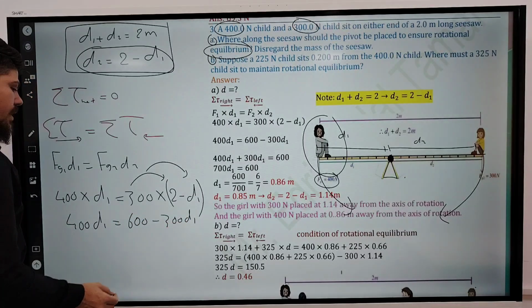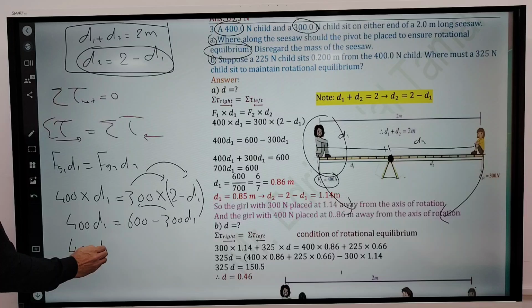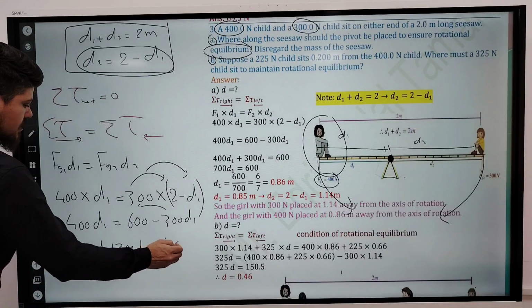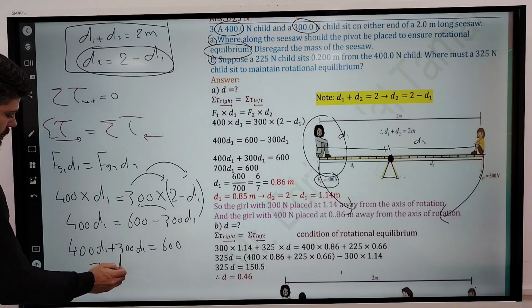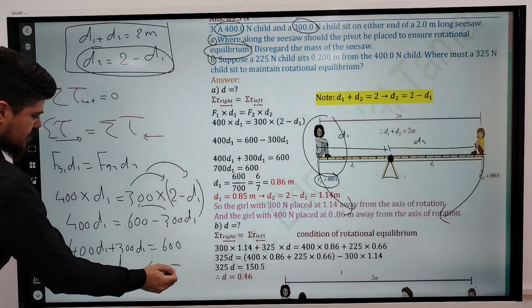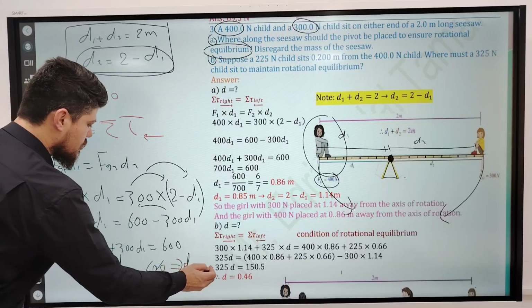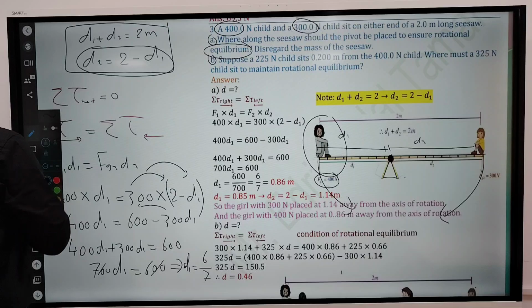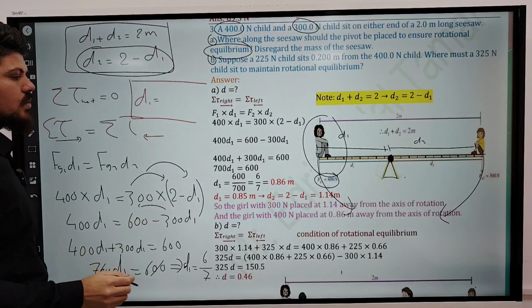If you take this minus 300 d1 to the other side, it becomes positive. So 400 d1 plus 300 d1 is equal to 600. 300 plus 400 is equal to 700. 700 d1 is equal to 600. So the two zeros cancel. d1 is equal to what? It is equal to 6 over 7. So finally, we found d1 is equal to